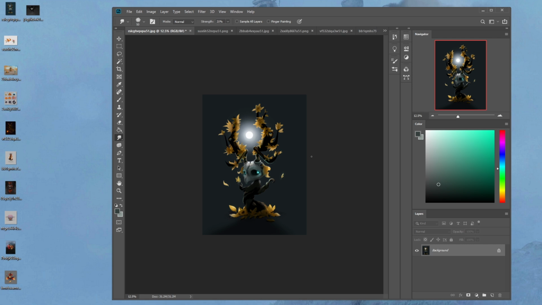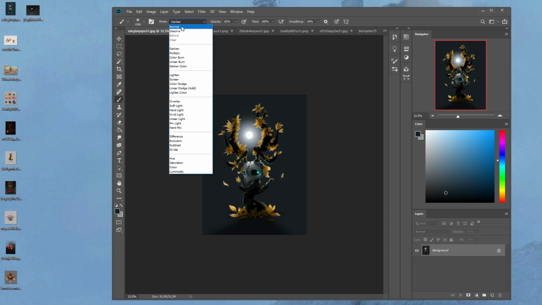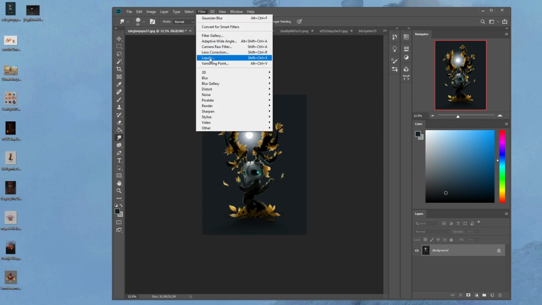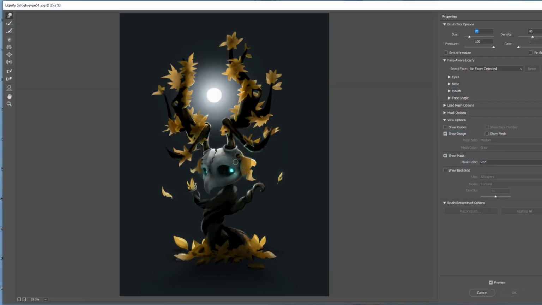Okay, so let's take a look at the before and after. A couple more little areas here. You're all probably cringing. All right, so this is the realistic rendition of your piece. Design-wise, I think I don't like the beak. I just don't like it. Something about it is not working for me. Maybe it's the brow bone. It doesn't feel cute. Maybe it's the shape of the eye socket.